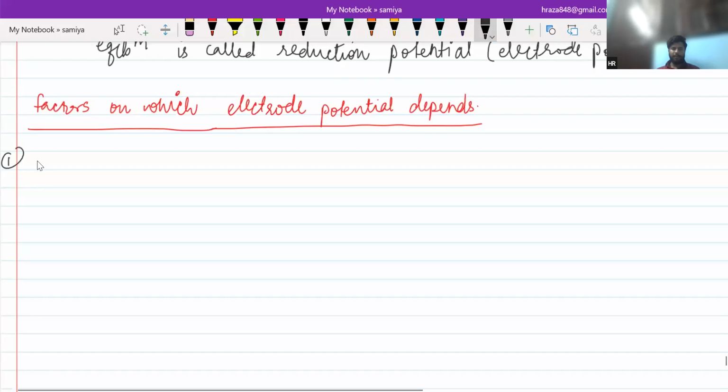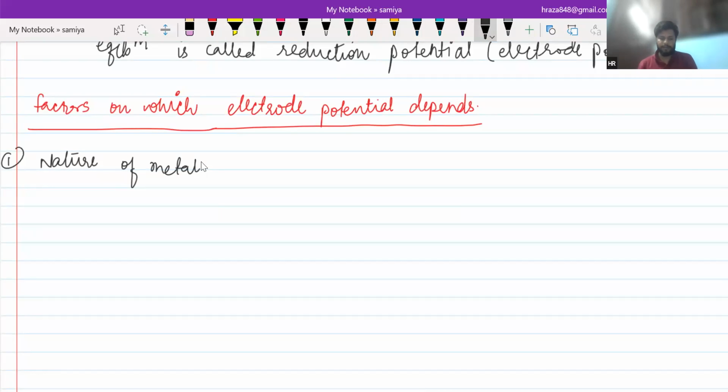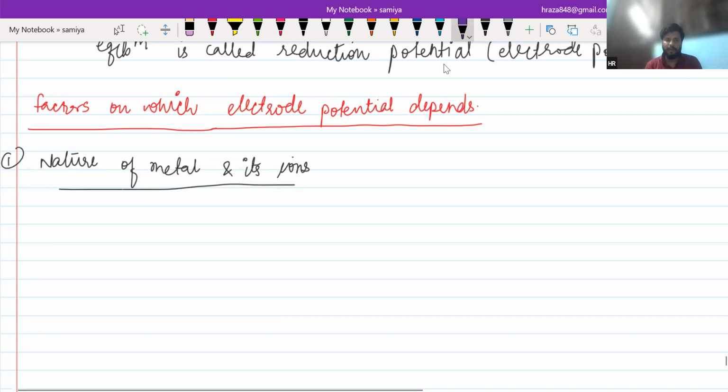The first is basically the nature of metal and its ions. It depends on the nature of metal and its ions, because some metals oxidize in this form, Zn+2,